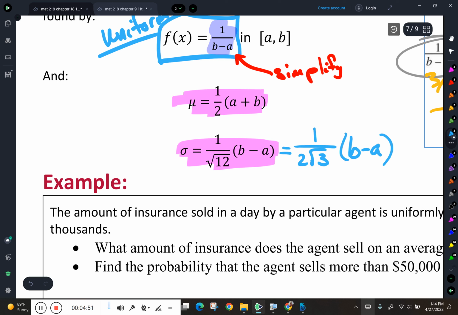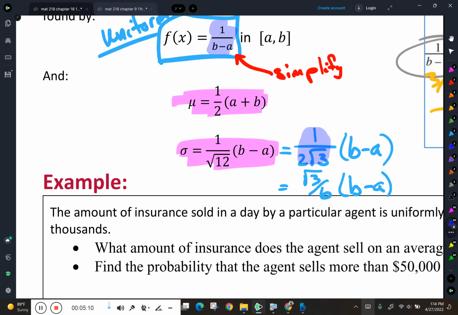And they will simplify that denominator, and then some people will go even further and write this as root 3 over 6 times b minus a, which is just the 1 over 2 root 3 rationalized. So multiply the numerator and denominator by root 3, and you get a root 3 upstairs, and the root 3 gives you a 3 downstairs, but times 2 is 6. So while this textbook uses